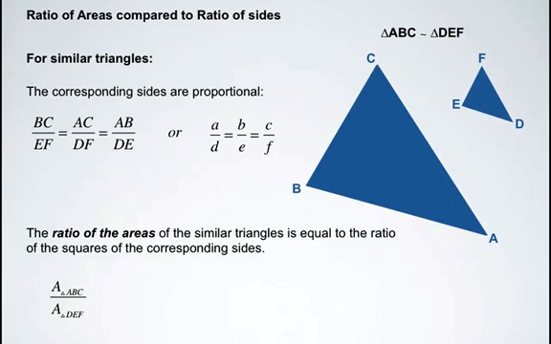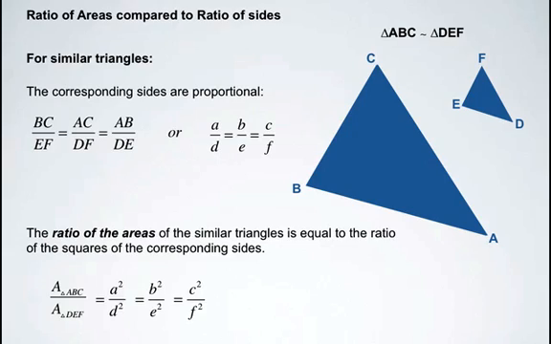If we were to calculate the areas of both of those triangles and set up a ratio of those areas, identifying the rate at which we either decrease or increase proportionally to get from one area to the next, that value would be the same as if we squared side A and took its ratio compared to the square of side D. And similarly with side B squared over E squared, and side C squared over